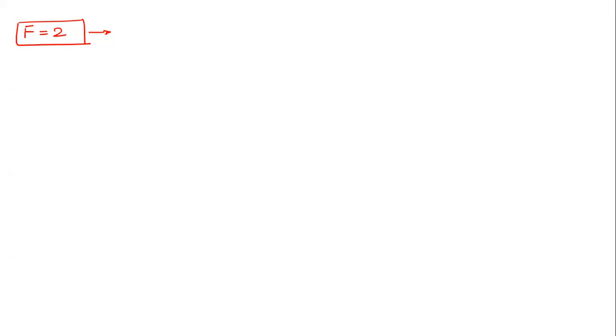So at two different inputs, we can get the same output. Okay, fine. Any other thing? See, your first answer should always be that if it is 2, that means you need 2 coordinates to specify the motion of links in the mechanism. So in other words, if you need to obtain the motion of the output link, you need to specify the motion of at least 2 links which are acting as inputs.